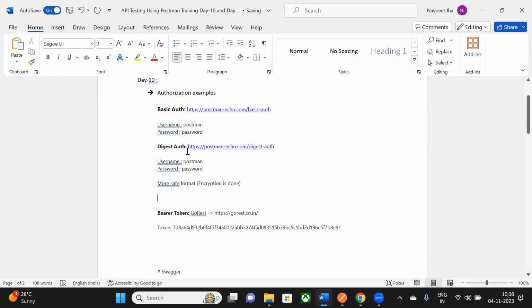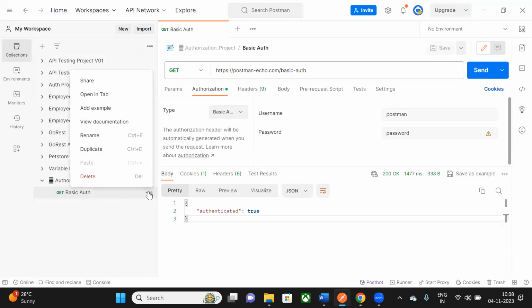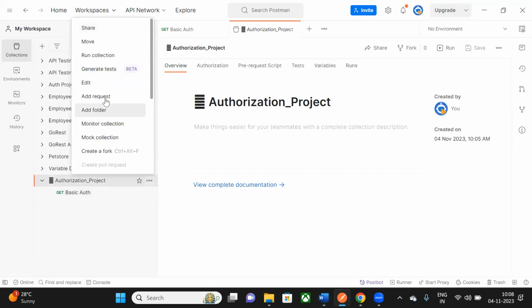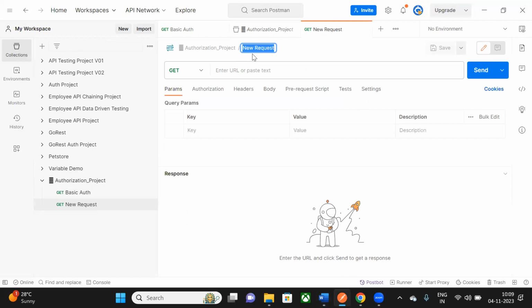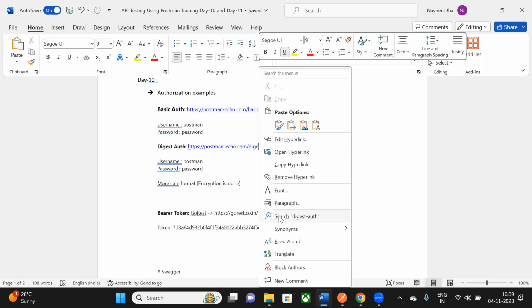Well, so let's check this API as well for digest auth. What I will do is create a new request, and let's say this is our digest auth. And this will be the endpoint which is provided by Postman to test some digest auth. So just copy the link